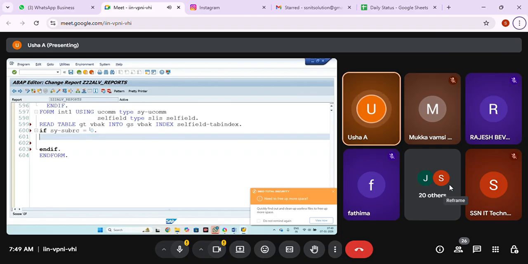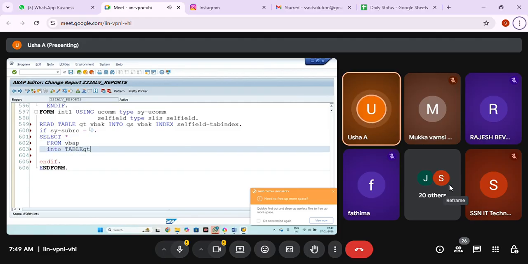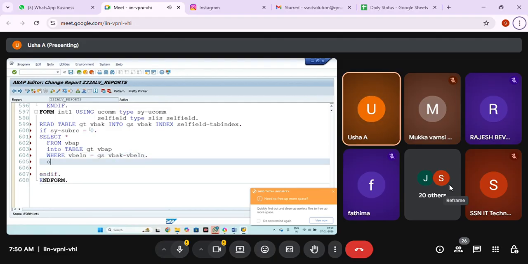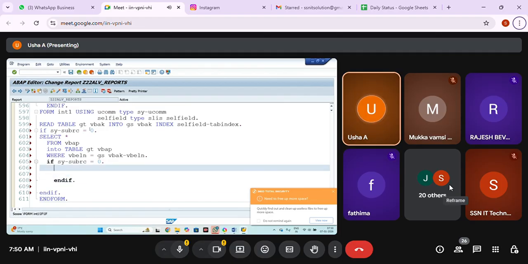Now I'm just going to pass this GSVBAK VBELN and get the data from VBAP into table GT_VBAP, where VBELN equal to GSVBAK hyphen VBELN. If SY-SUBRC equal to 0, then we are going to write the display logic.